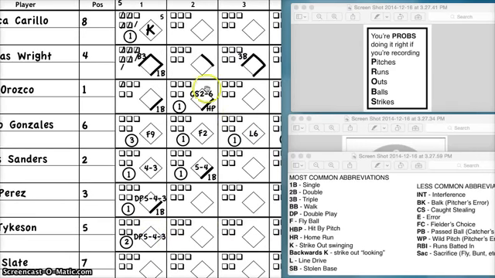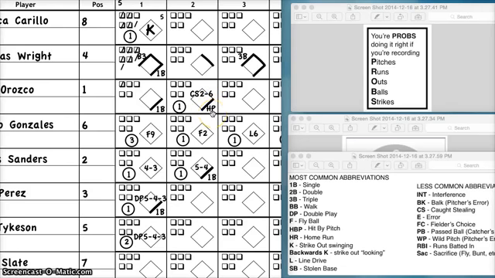Oh, I forgot one more. Up here is caught stealing. That one is not used as often, but I just wanted to throw it in there in case you wanted to know. So if I look at this box here, I can deduce this batter got to first on HP, which is hit by pitch,